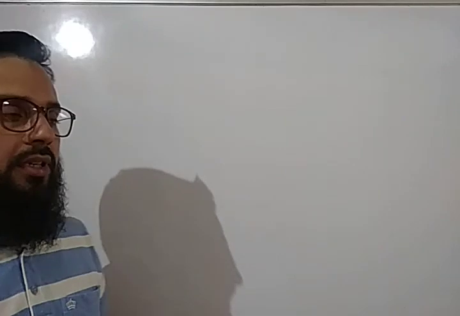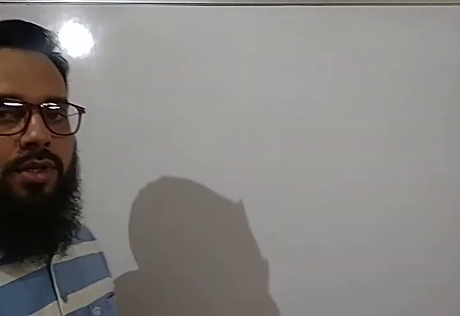Hello students, in our previous videos we have discussed all the identities which were in our syllabus, that is a square plus b whole square minus b whole square, then a square minus b square, then the identities based on cubes. We have discussed all the identities and the factorization based on all the identities. Now there are some important questions based on these identities, so we will start those questions today.